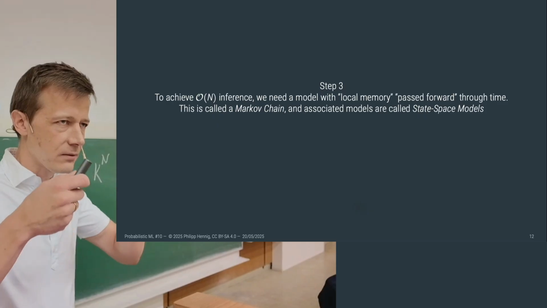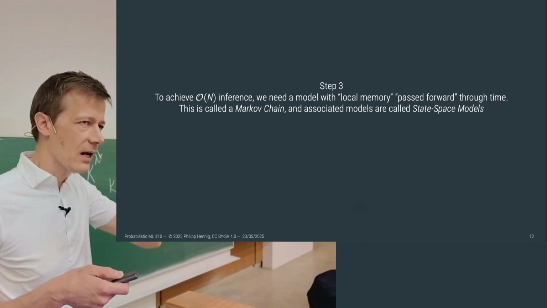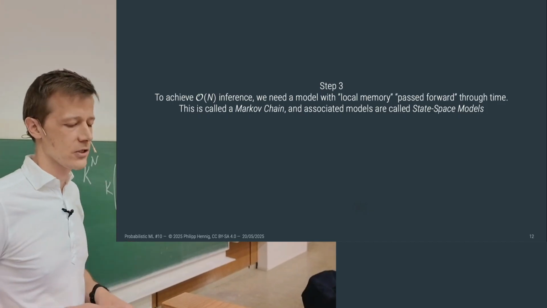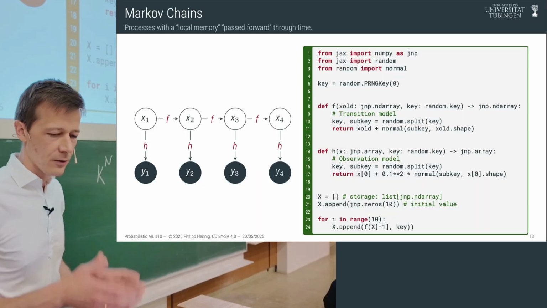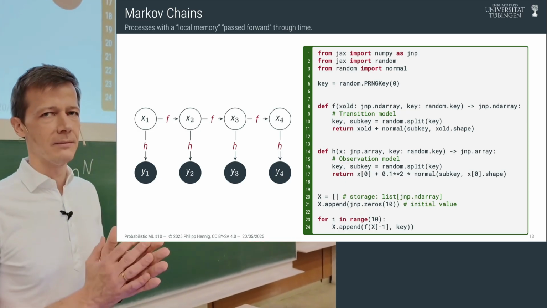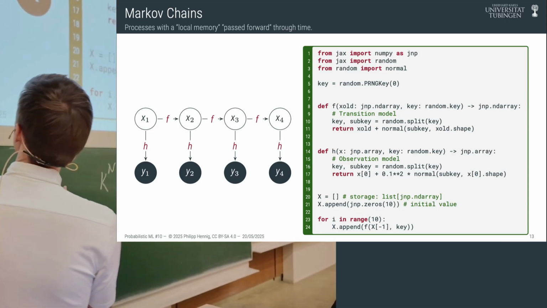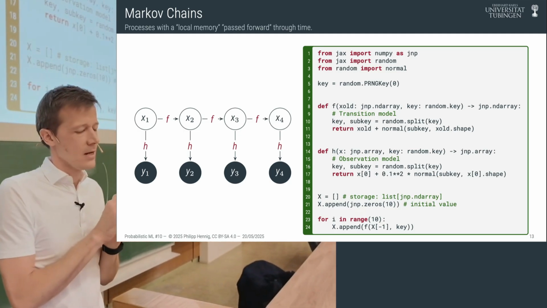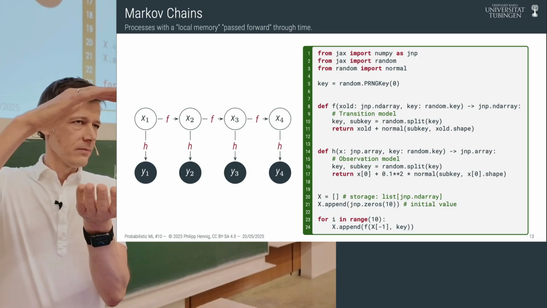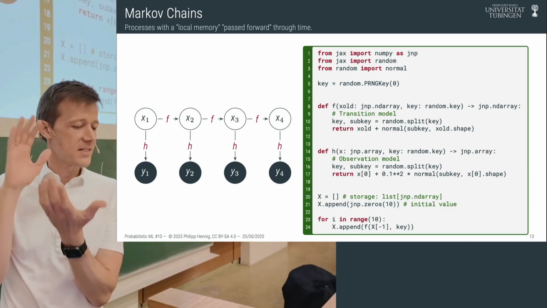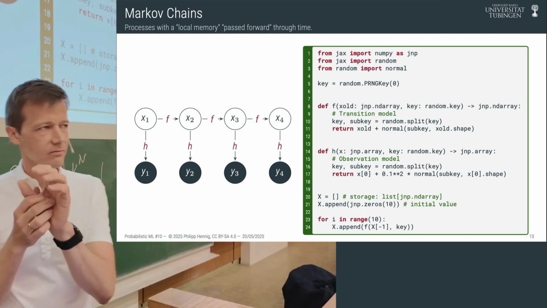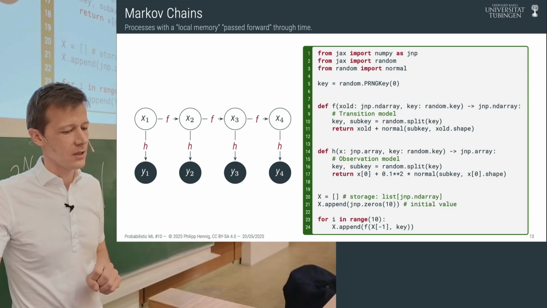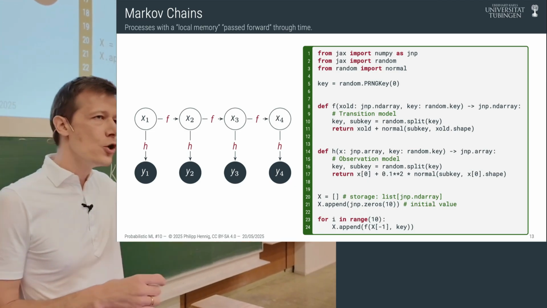And I'm really going to try and focus on the structural assumptions so far, not on the concrete instantiations of the probability distributions. And the pattern for this is called a Markov chain. And it looks like this. So we will assume that there is a sequence of things that happen, and that at any point in time, there is a finite object that is called the state. It's called X. And something happens to that state from one time step to the next. But the thing that happens, happens in a local fashion.